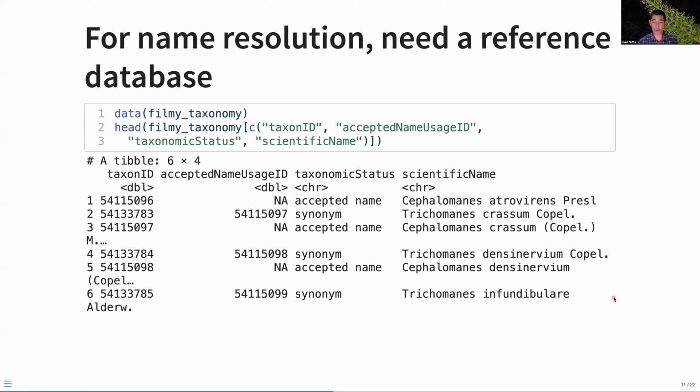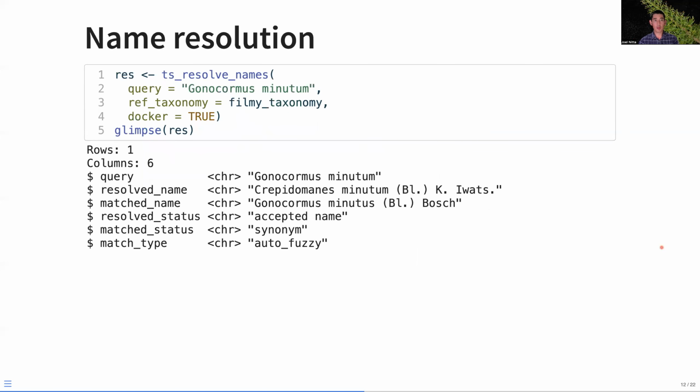And if you're familiar with the Darwin Core data format, you'll see that these taxonomic data are all in Darwin Core format. So this is an example of name resolution. Here we're giving the query Gornocormus minutum, and the reference taxonomy is that filmy-fern taxonomy. If we look at the output, we'll see that the query was matched to a name Gornocormus minutus, which itself is a synonym and resolves to the accepted name Cryptonominus minutum. So here, I hope you can see how we can use taxastand to do custom name resolution of your input